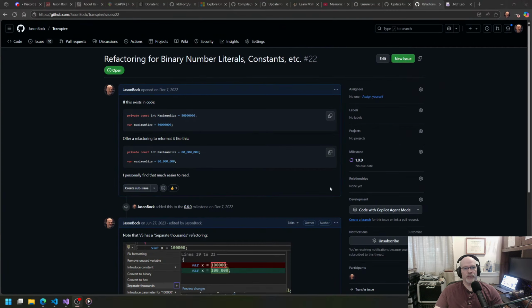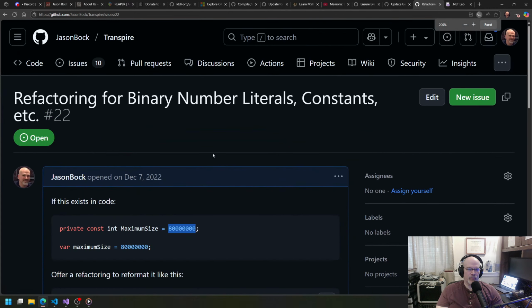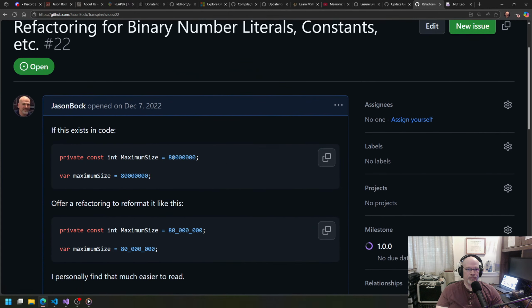All right. So this one, zooming in a little bit, is a simple one, or at least it feels simple, in that we want to take a number that's in your code with this format, which again, I'm going to zoom even more to make it obvious. Is that 800 million? Is that 80 million? Maybe you can see it clearly enough, but